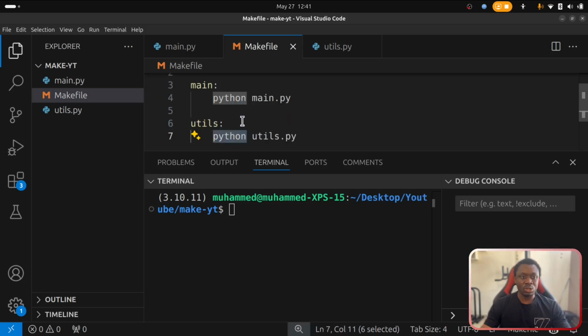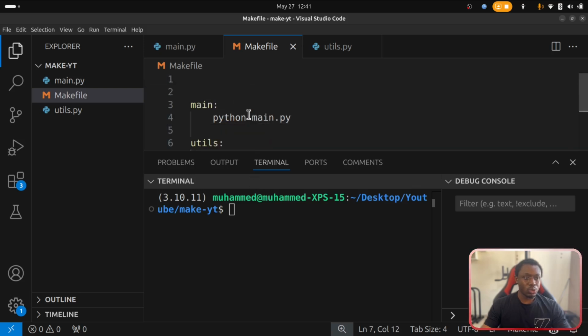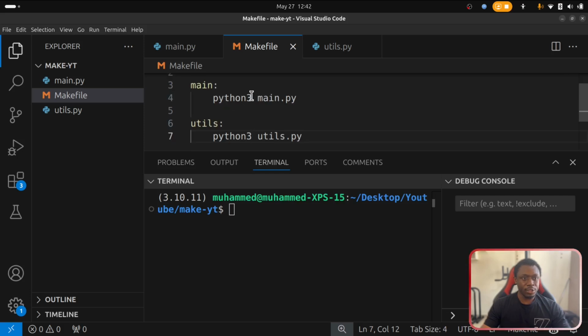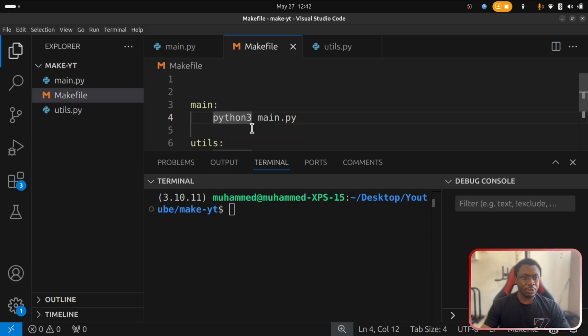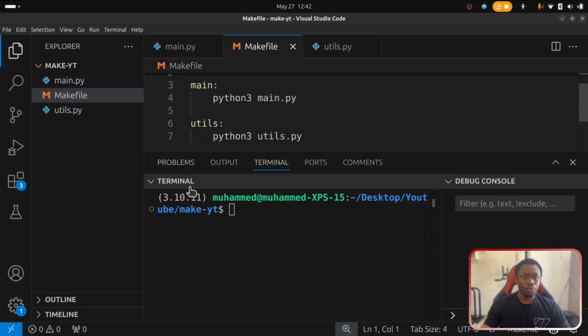We might need to start going to update each occurrence of Python here. So let me say we want to put python3 here. So we might need to go to each place where we see Python and put 3. This might not be efficient when trying to update your Makefile. I know this is a simple example, but there are some cases where you might need this with a lot